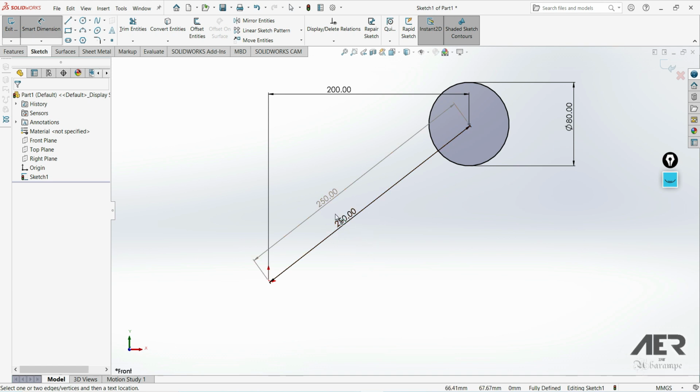So this is all about the dimensions, or how we can make the sketch fully defined with the help of only the dimensions. In the later lectures, we are going to see the relations as well, and we are going to implement the relations for this fully defined sketch as well. So that's all for this lecture,